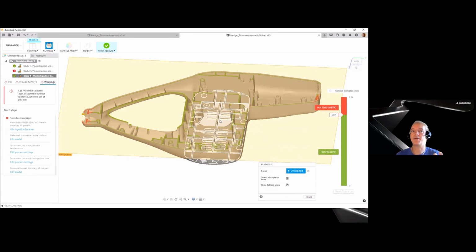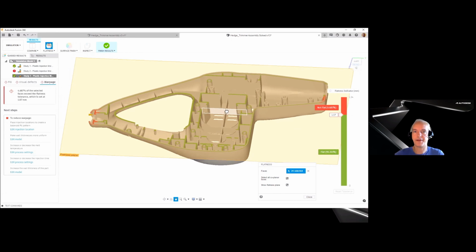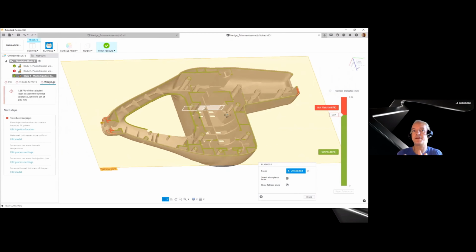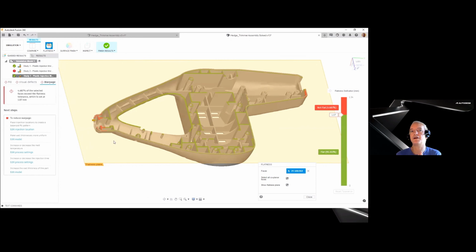That's going to be very important if you have two mating parts that have to fit together. There's going to be a tolerance that you have to hit for this to be a functional part when these things have to be assembled. So we're trying to give you some ideas of how much out of plane warpage there's going to be and whether or not that's going to be acceptable for you.